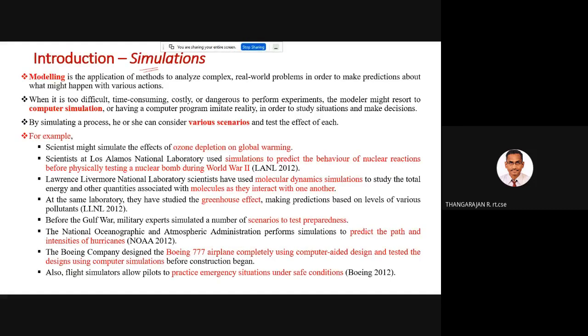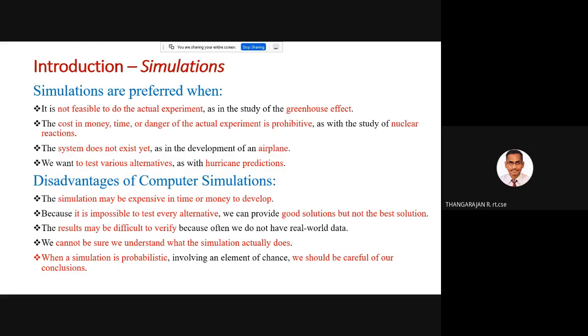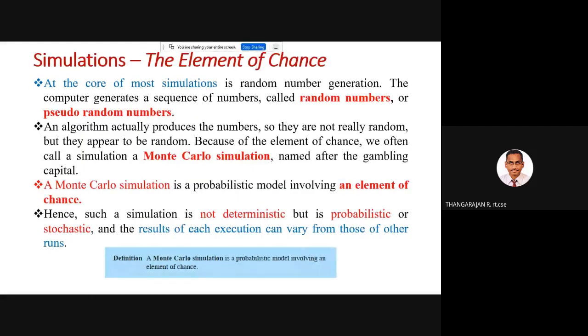So what is it that you have to do? You have to put in some uncertainty, some randomness in the program. And that's where probability and randomness come into simulation. Simulation is a very important field where we can go about having randomness in a computer program. And we call such a thing Monte Carlo simulation, where you involve random numbers. So in any simulation where you involve random numbers, we call it Monte Carlo simulation.